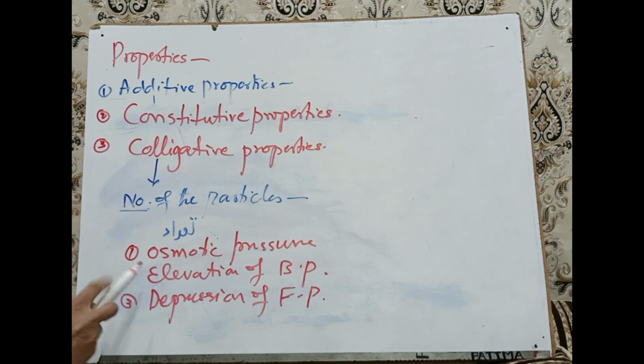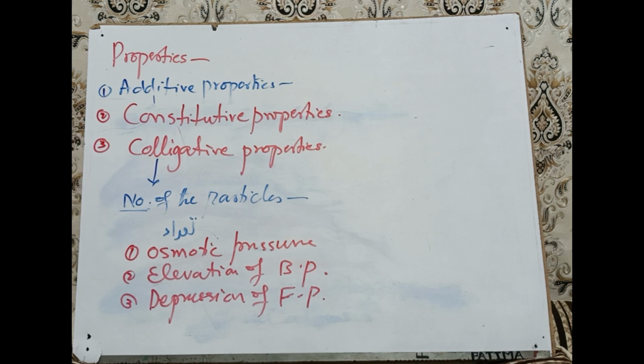For example, जितने आप सॉल्यूट के नंबर ऑफ पार्टिकल्स सॉल्वेंट में ज़्यादा करते जाएंगे तो एलिवेशन ऑफ बॉइलिंग पॉइंट उतनी ज़्यादा होती जाएगी, लेकिन डिप्रेशन ऑफ फ्रीजिंग पॉइंट उतनी ही कम होती जाएगी. So such type of properties which depend upon the number of particles are called colligative properties,